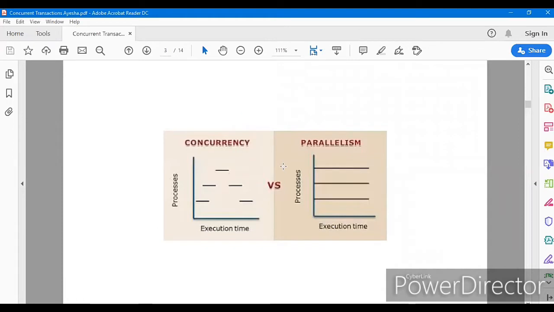But ultimately, they have to perform a single aim. They are all working for the single aim, and after they complete their independent execution, they combine it into one. So synchronization is very, very important for concurrency. It can be a centralized system where one processor can process multiple jobs at the same time.